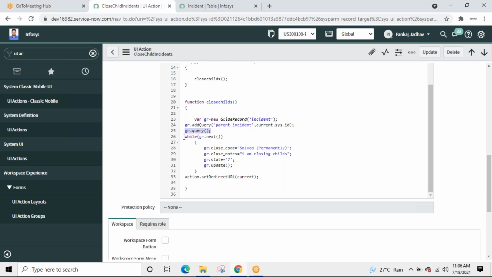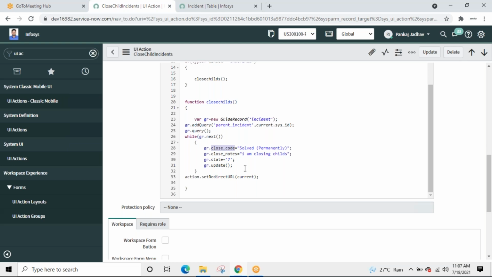And then one by one navigate to the record. While gr.next means go to the first record, first child record. close_code is a field present on incident table. Set it to resolve permanently. Now, if you recollect, whenever we close an incident, it gives an error: please put the close code and close notes.